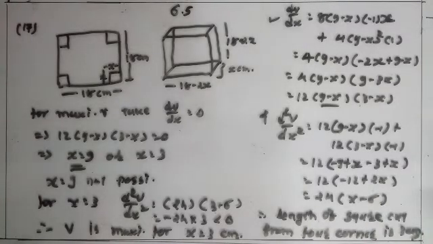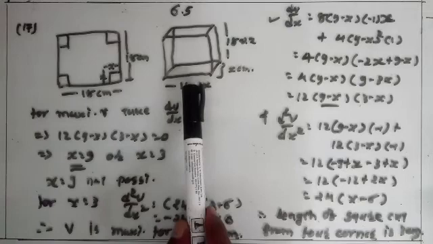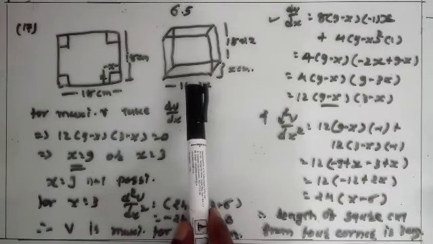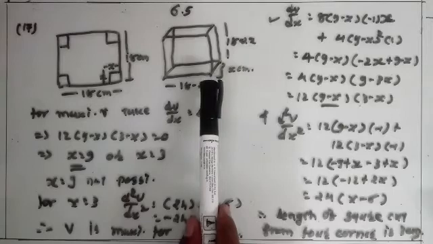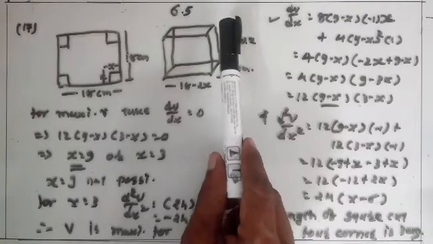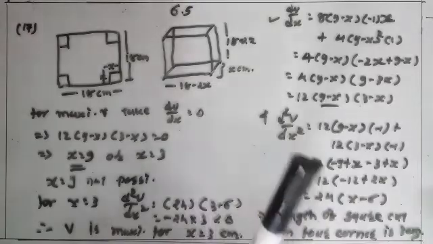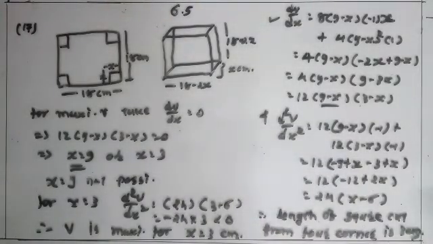Same question. Here if we take length of a square is x, then length of box becomes, here length of tin is 45, so length of box becomes 45 minus 2x. Breadth is equal to breadth of a tin, which is 24 given, so breadth of box is equal to 24 minus 2x, and height of box is equal to x, and applying same method we get value of x. Clear? Just try to solve this question yourself.